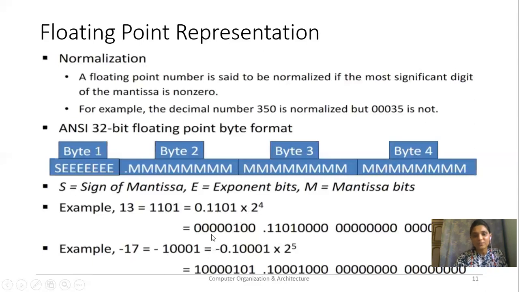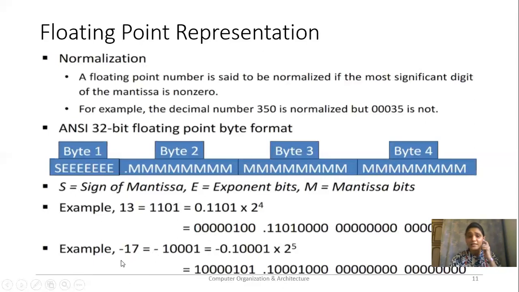Okay, so to represent this number, our mantissa is over here, 1101. The second byte shows the mantissa, so 1101. What about the rest of the bits? We don't have any bits for them, so we will simply put 0. Now for the exponent part, this mantissa has a positive sign, so the sign bit will be 0, and the exponent is 4. That means you have to represent 4 in 7 bits, that is 001, and the rest of the 4 bits will be 0 to make it a 7-bit form.